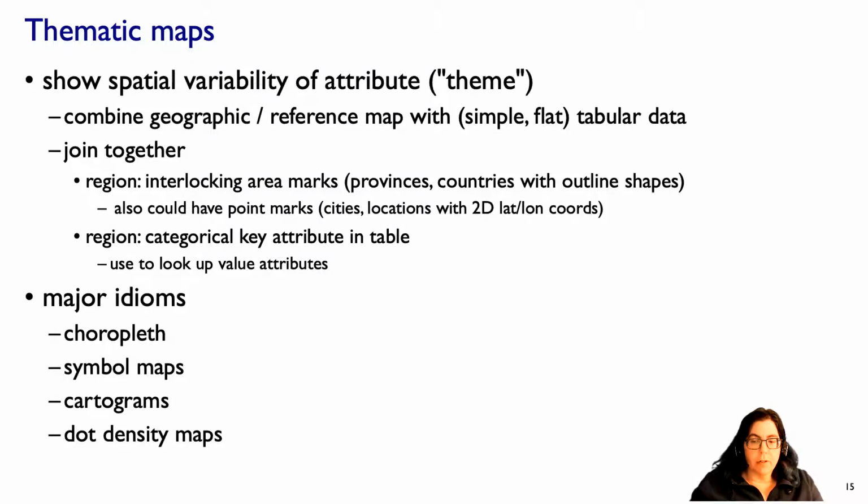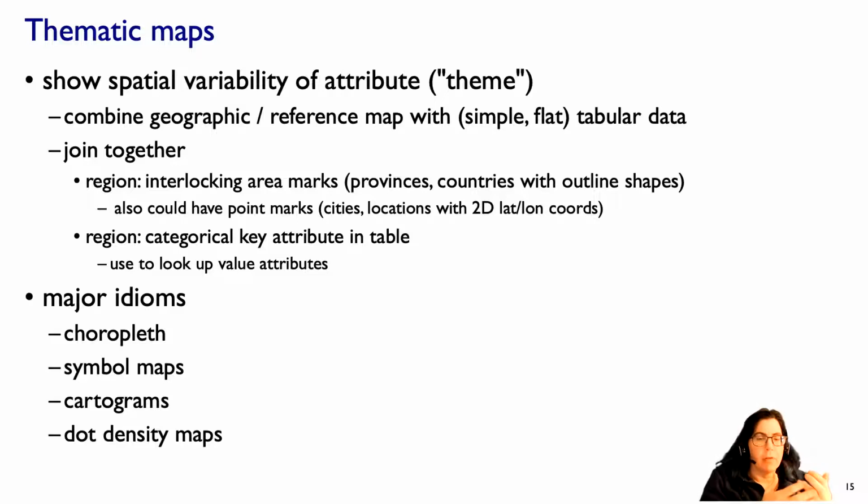Now, in the language of cartographers, that is, people that have studied map making for hundreds and hundreds of years, these are often what we want to think about as thematic maps. And the idea is that we're trying to show the spatial variability of an attribute, that is a theme. And so one way to think about this, if we're thinking about data sets, is that we're